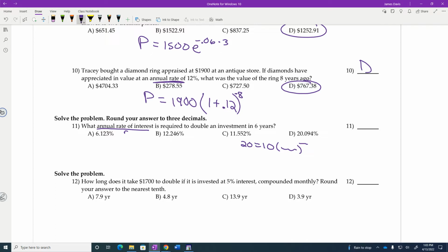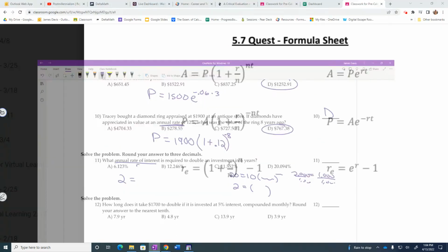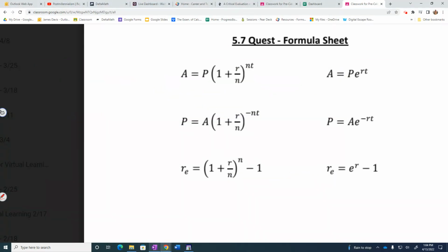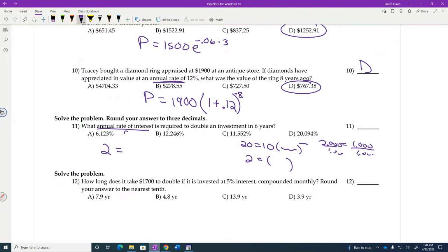Our first step is going to be to divide, right? So we just end up with 2 equals the interest rate part. If it was $1,000, then it'd be the same. We'd start with 1,000, and then end up with 2,000. So we just divide our first step, right? We end up with just 2. So whenever you're doubling, you're just going to do 2 equals the interest rate part. We'll have 2 equals